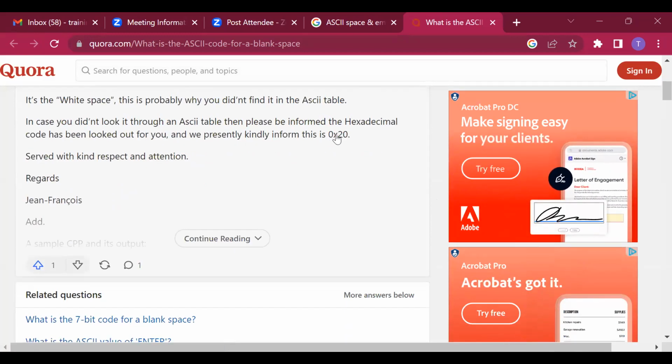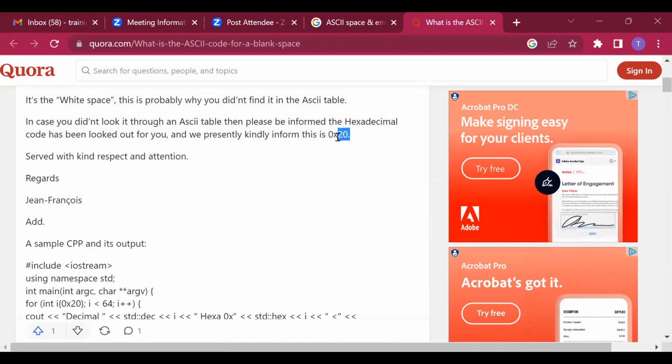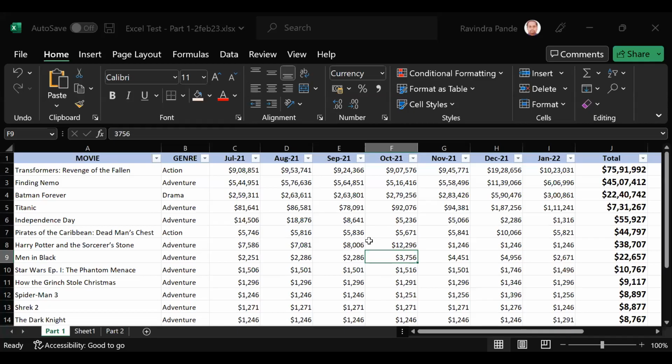This is the space character, hex 0x20. This is what we call hex. Hex programming or hex communication happens between the keyboard and your computer processor. Okay, don't get into details. I don't want to confuse you, but you should understand that for a computer, space and blank space are a different scenario. Okay, chalo. Let me come back to our previous